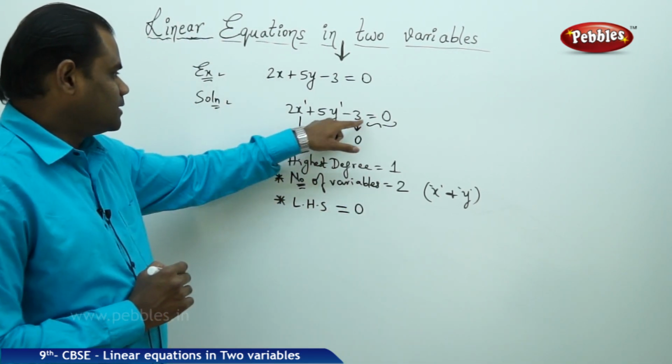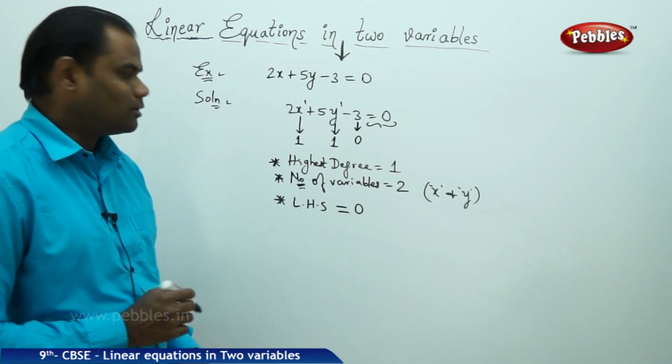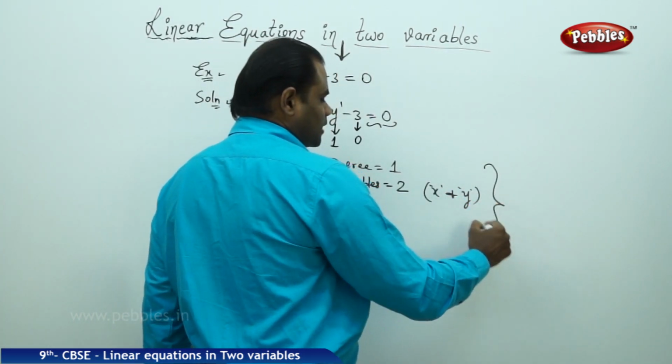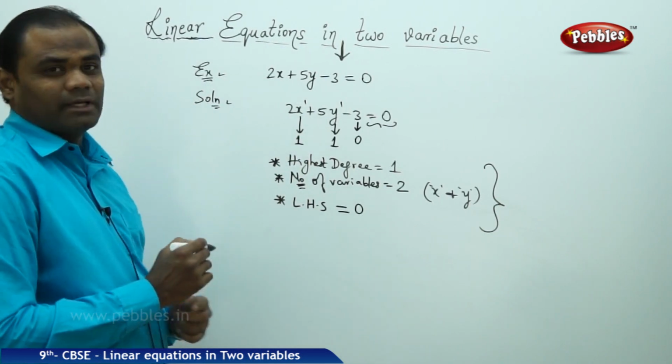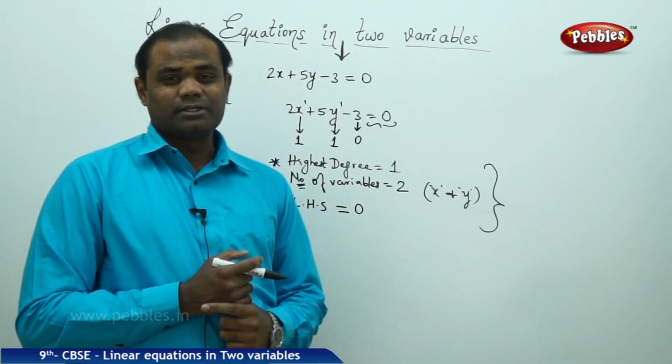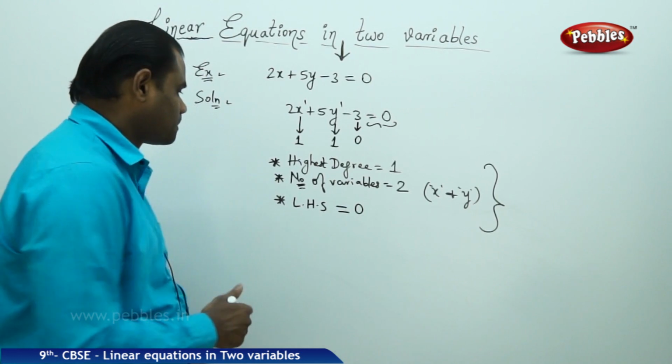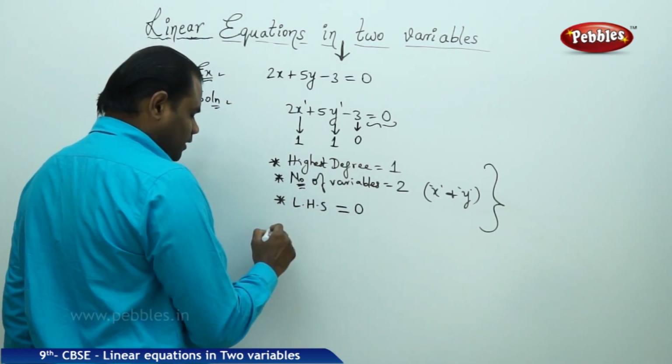So the left hand side is equated to 0. Therefore, on these three conditions, I can say that the given problem is a linear equation in two variables x and y. If I have these three conditions satisfied, therefore,